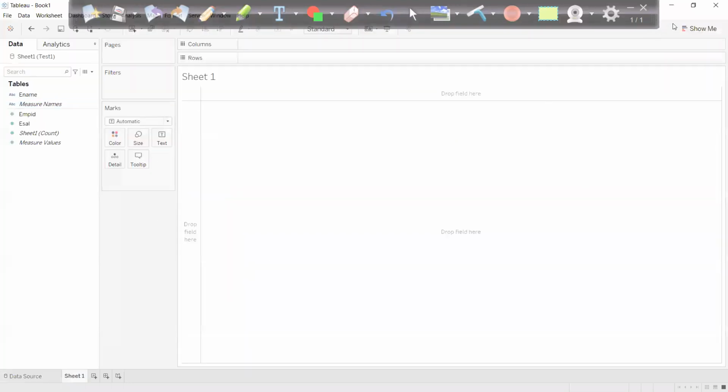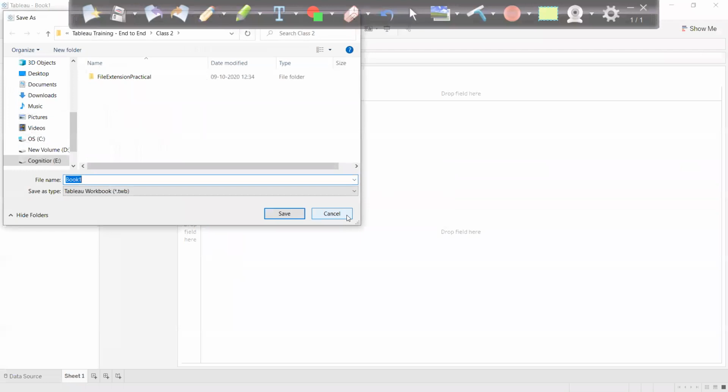All right. And let me save this file in the same folder, or you can put it anywhere. That's perfectly fine. Test1. And the extension which I'm giving as of now is TWB, Tableau Workbook, and save this file.